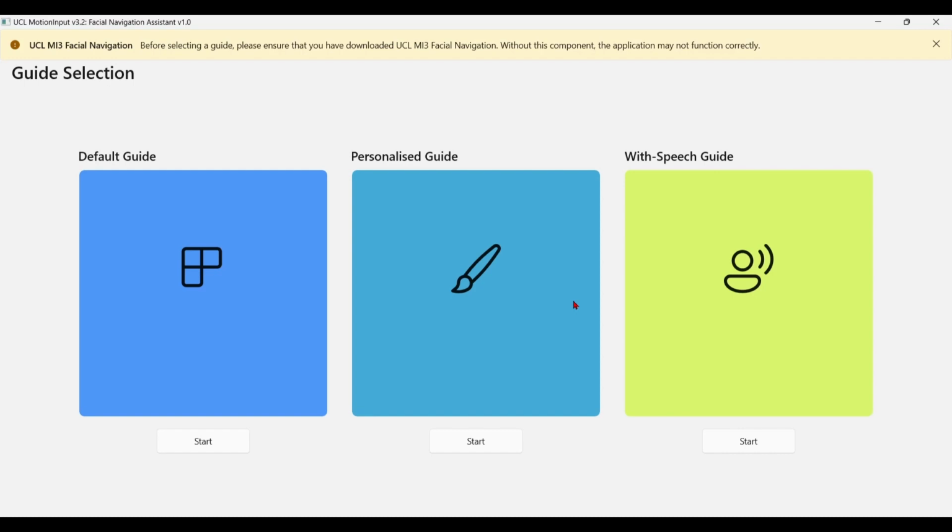Starting with the default guide, it is a guide that does not require from user any setups and guides users how to interact with the computer using the default interaction, which is nose tracking and facial expressions. After clicking on Start for the default guide,